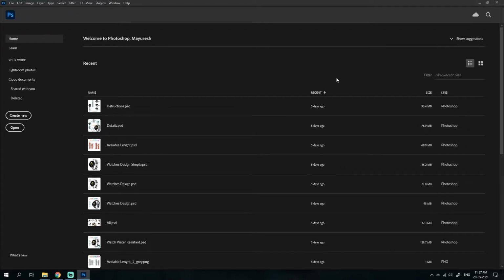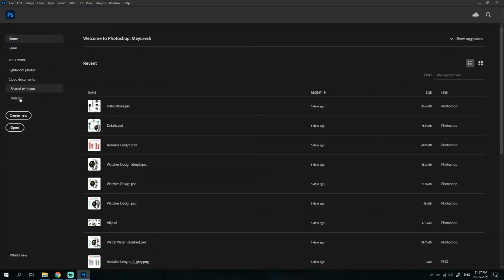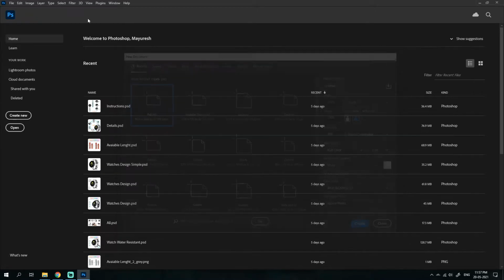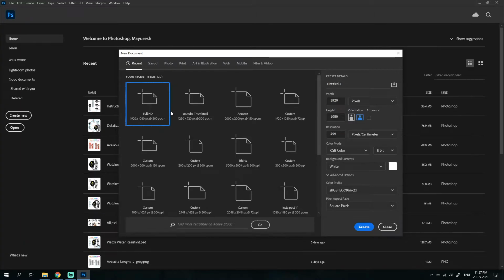First of all, when you boot up your Photoshop, you can see this thing pops up, the first section. Next thing we will do is create new, or you could just go to File, Create New, Ctrl N for the shortcut. All the shortcuts will be available here, like you could see the names which are the shortcuts. Now in this one you can select the width, and here you can select the height. It's already set to 1920 by 1080, which is what you call full HD, and these are the orientation options if you want to switch it, but I wanted the landscape way.